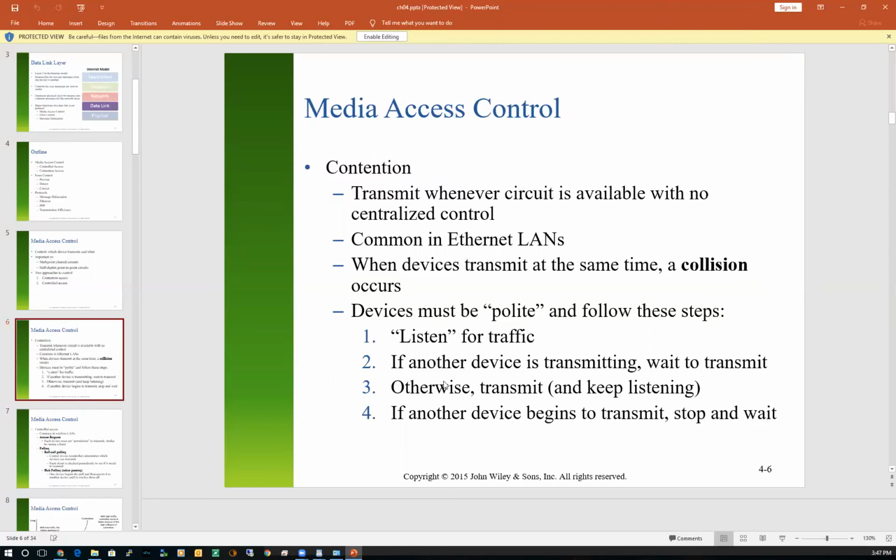So the way contention-based Ethernet works is devices are all polite. In a small environment, let's say you're in a group of 5 friends, not a classroom environment, how do you generally communicate with each other? Do you raise your hand and the other 4 recognize there's a hand raised? No, usually just one person starts talking.